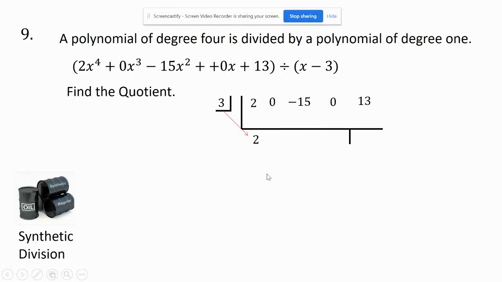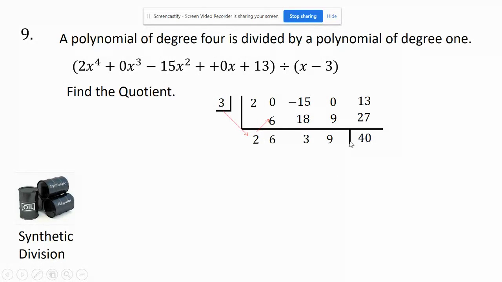Bring down the 2. Take 3 times 2, which is a 6. I'm going to put it here. You bring down the first number, and you multiply it by whatever's there. And instead of subtracting like we did with the other, we're going to add because we flipped the sign up here. So 0 plus 6 is a 6. So I'll take 3 times 6, which is an 18, which I'm now going to add to negative 15 and get a 3. I'm going to take 3 times 3, which is a 9, and put it here. Add them. I'm going to take 3 times 9, which is 27, and put it there, and add those, which